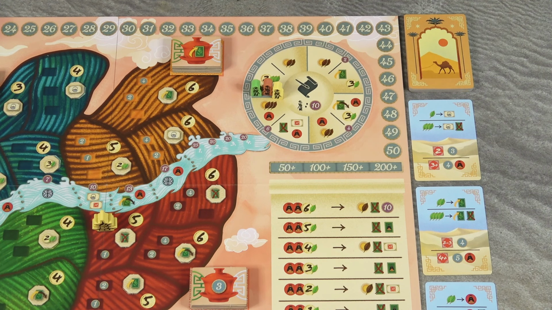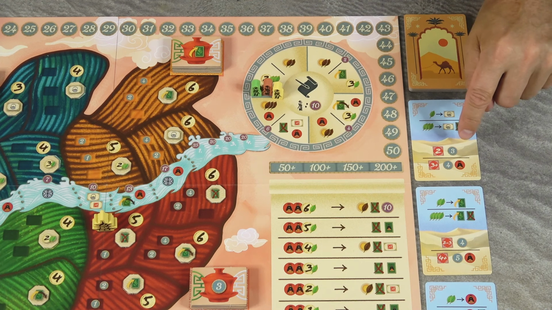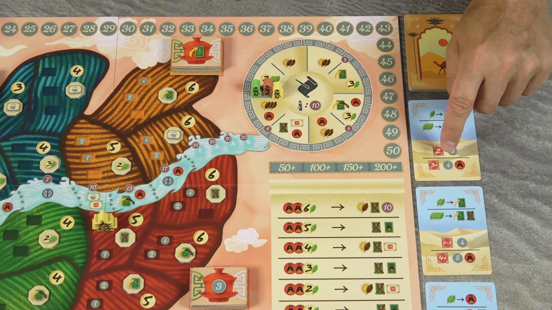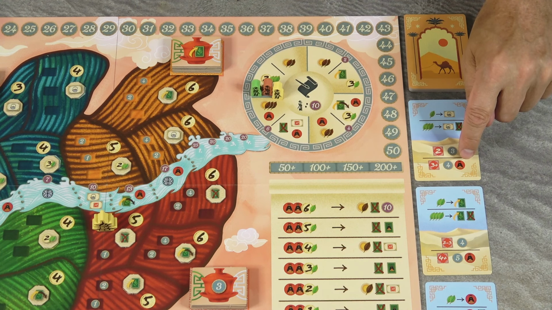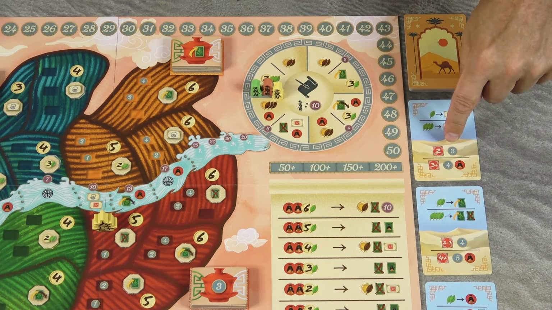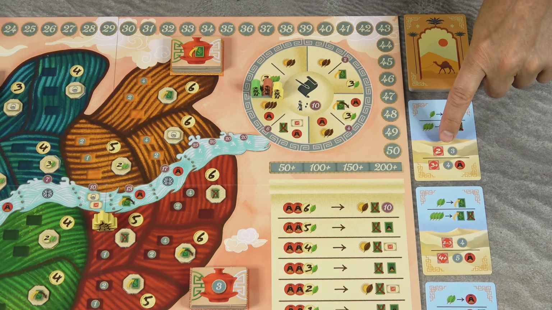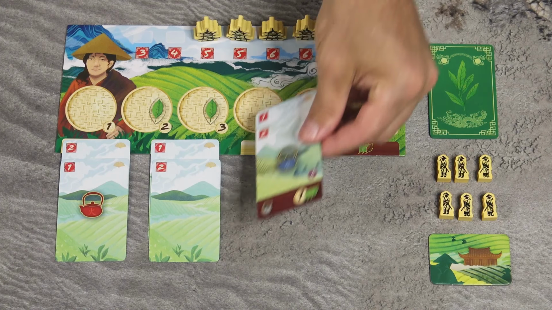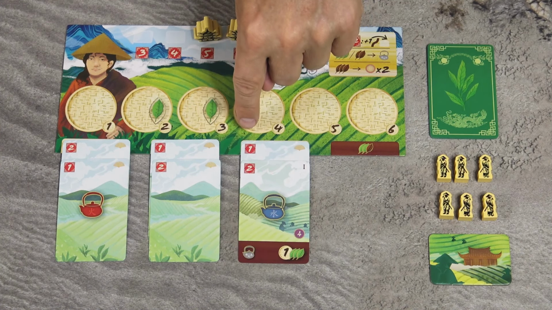Then in the bottom section, if the total strength of your action is at least 2, you gain 3 victory points. If the strength of your action is 3 or more, you get 4 victory points and an Emperor token. That means that in order to sell tea leaves to this caravan card, the strength of your action must be at least 2. So after you play your action cards, let's say like this, the total strength of my action